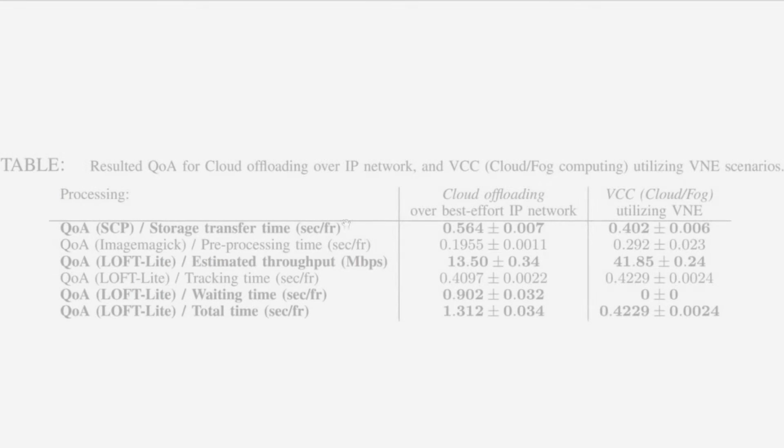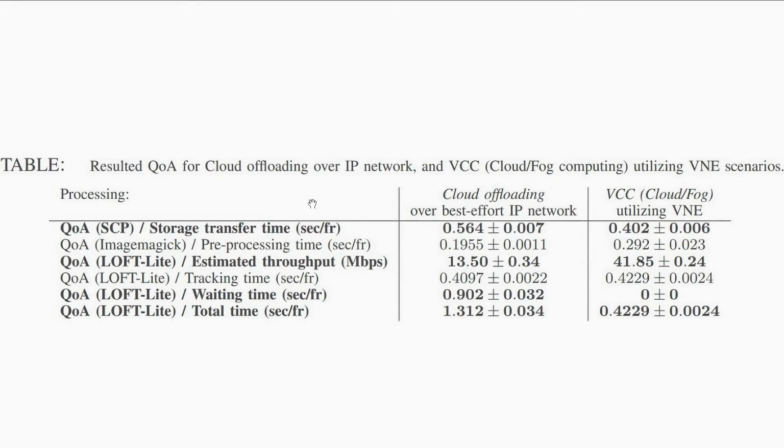We did 10 trials of each type of scenario and outlined our final results in this table. Now we can see the storage transfer time for each frame. It takes almost 600 milliseconds in the cloud offloading case, where we have congestion, and avoiding congestion allows us to transfer faster. Moreover, we can see that preprocessing time in the VCC case is actually higher, but still, because we are now able to run our preprocessing and transferring concurrently,